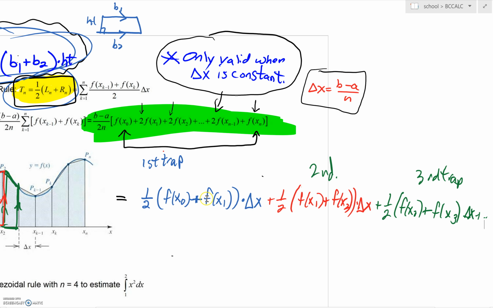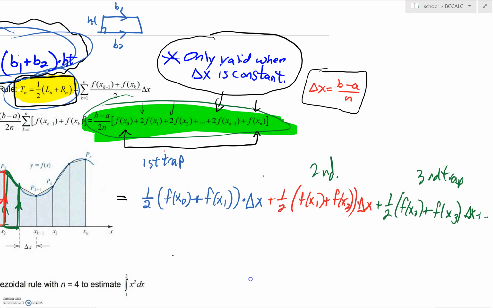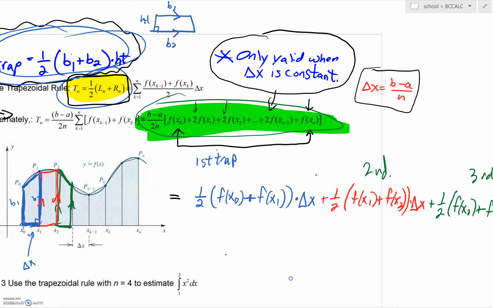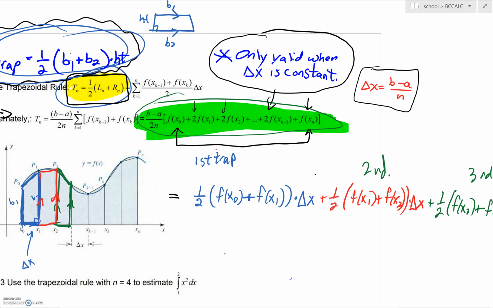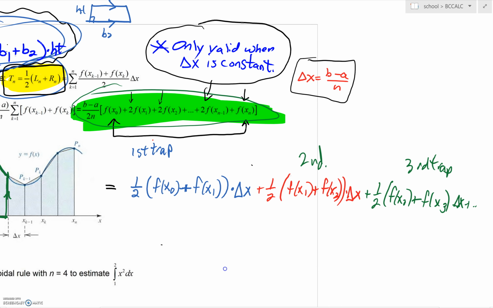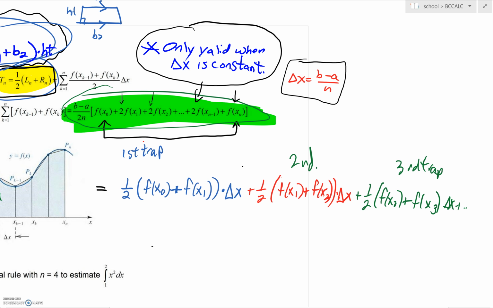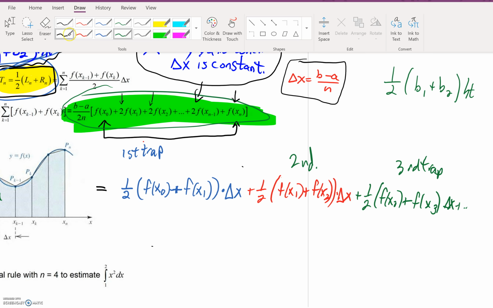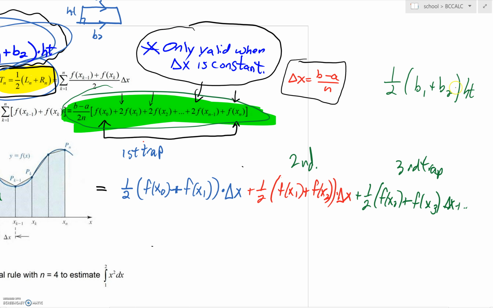Calculus BC, lesson 6.5. We are really proving this trapezoidal rule, what we see in green here. We began to look at some individual trapezoids here. Take a look at what's happening. We've got this old geometric definition, which we're still going to need, even here in BC Calc. The area of a trapezoid is 1/2 base 1 plus base 2